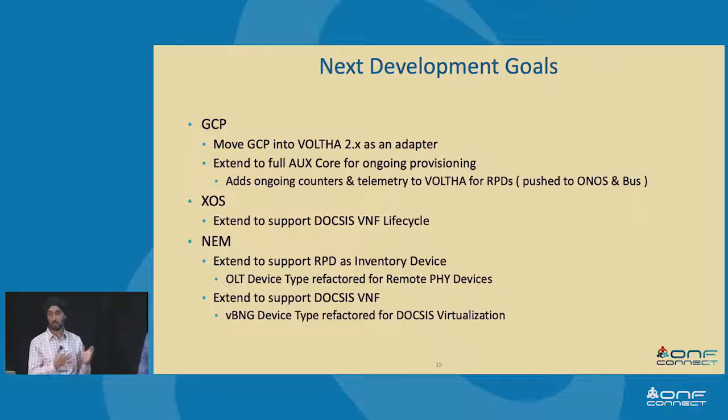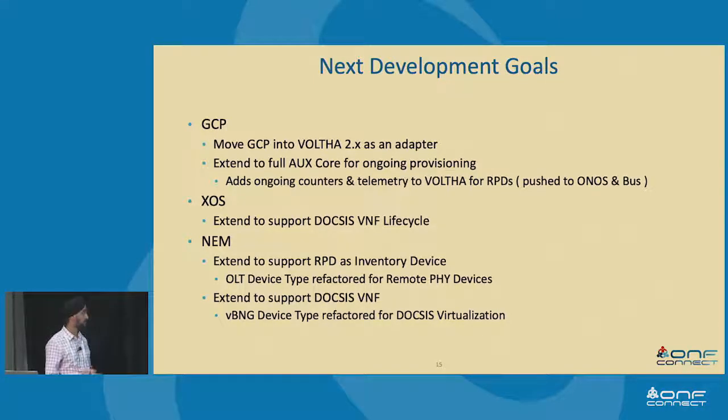Talking about NEM and XOS a bit more, taking those services and actually now implementing it. We didn't get a chance to do it this time around. We hope to present that next, where we actually have a full end-to-end service instantiation of an RPD device to a cross-connect to a vCore, right? So hopefully we have a workflow for DAA in the SEBA repository, right? So really give SEBA a personality that it is truly access agnostic, right?